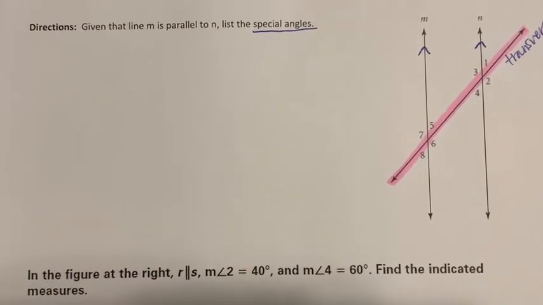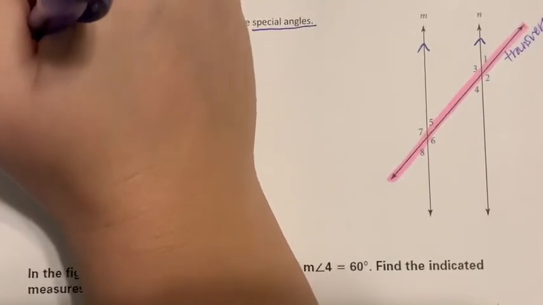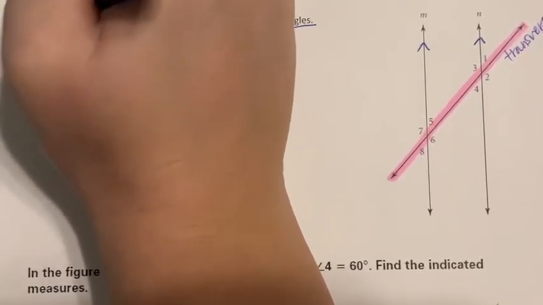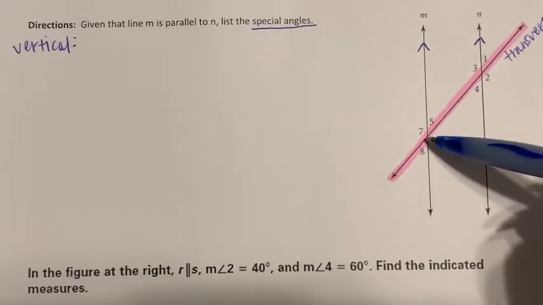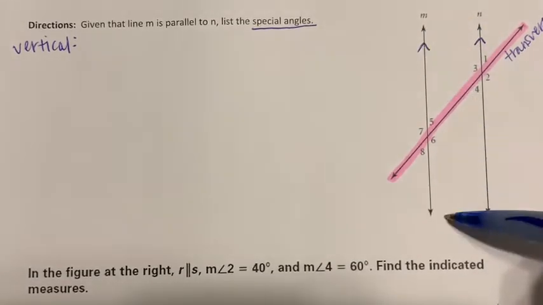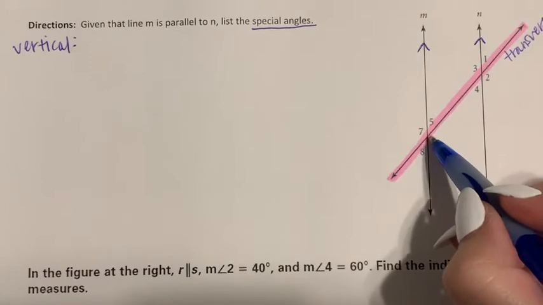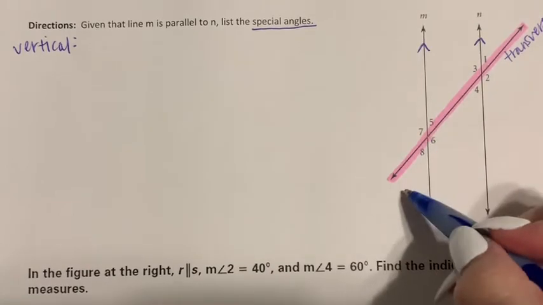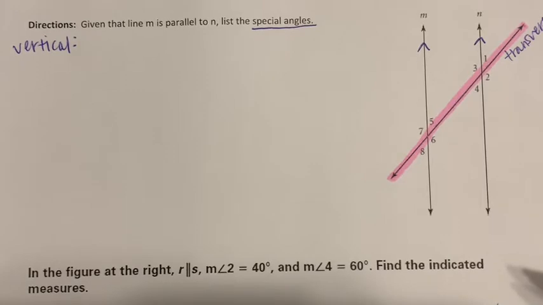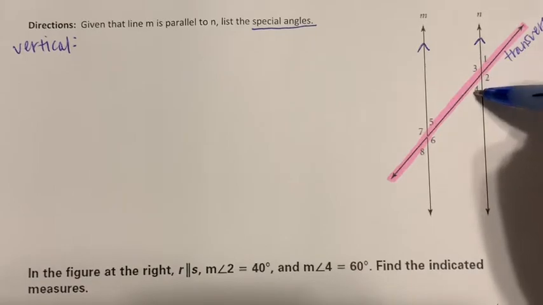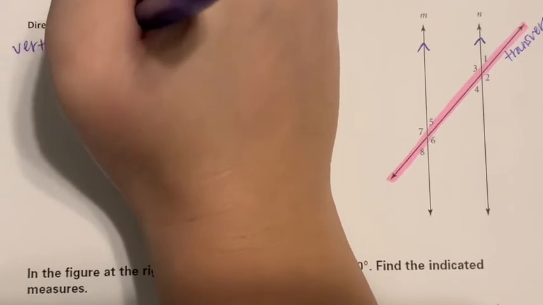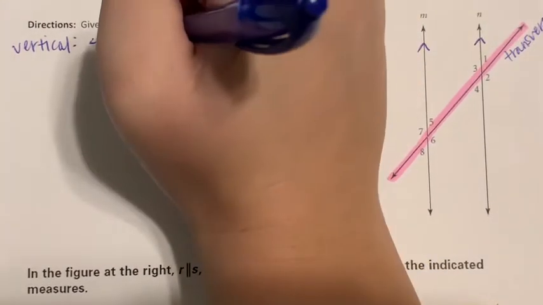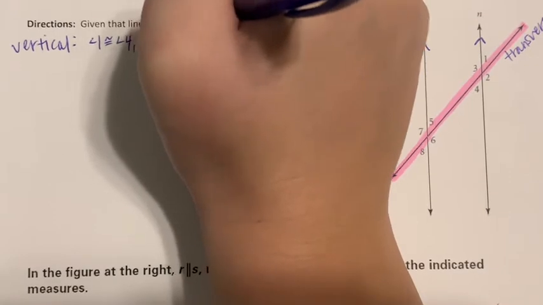For example, we already learned vertical angles, so let's actually do vertical angles first. So I'm going to say we have vertical angles. And if we look at our figure, those are the angles that were formed by a pair of intersecting lines. They share a vertex, and they are opposite one another, and we learned that vertical angles are congruent. So vertical angles would be, let's start up here, like angles 1 and 4, or angles 2 and 3. So I'll say angle 1 is congruent to angle 4, angle 2 is congruent to angle 3,